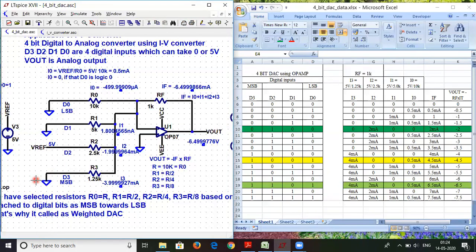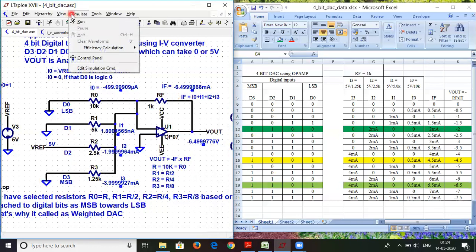Now the scenario is D3 bit is 0, D2 bit is 1, D0 and D1 bits are 0, 0. So we are in this combination. Ideally, as per this table, I3 should be 0, I2 should be 2 milliamperes, I1 should be 0, I0 should be 0. So we should get output as minus 2. Let us run this and check.